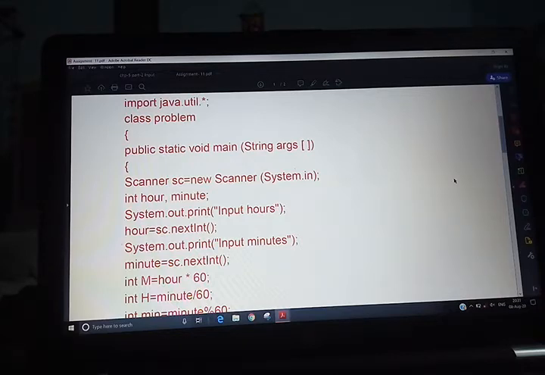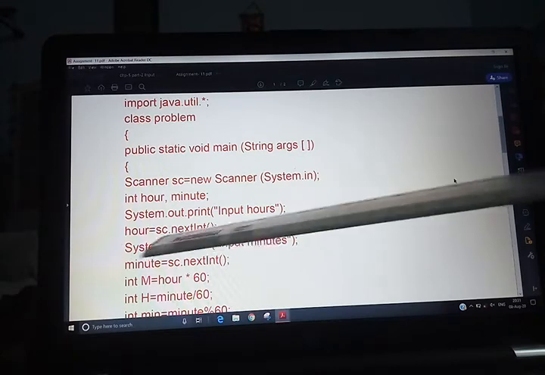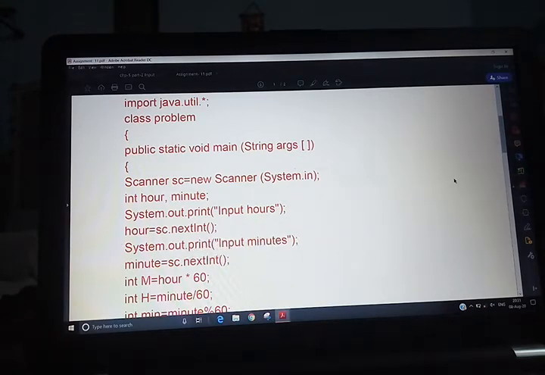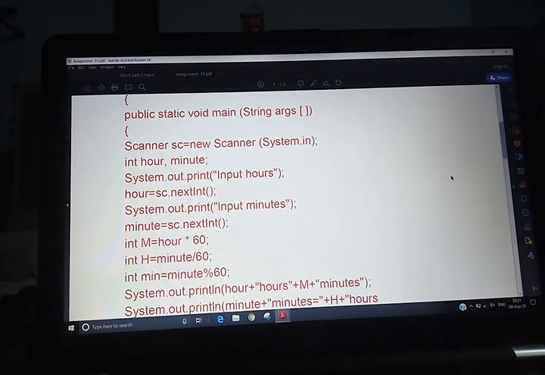Then System.out.print "input hours", because you are going to input hours. Then the value is passed, r = sc.nextInt(). Then System.out.print "input minutes". After this, you are going to use the formula.